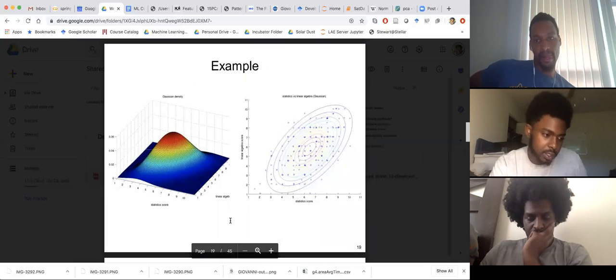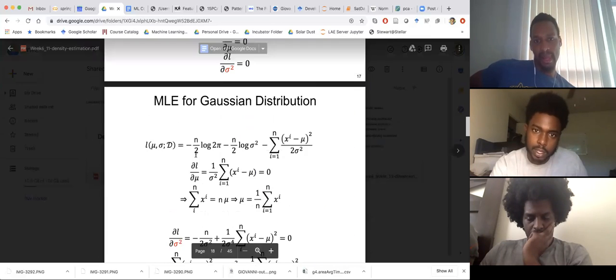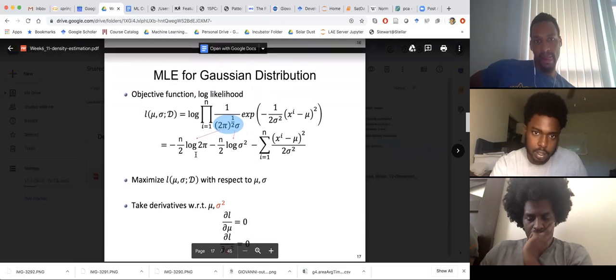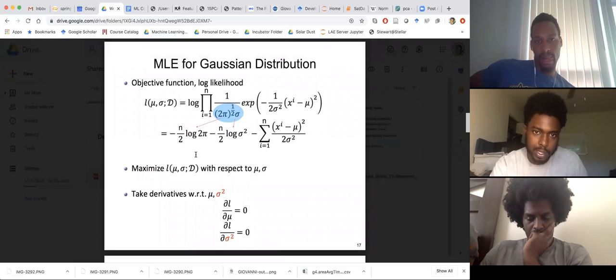And that's just an artifact of the way the Gaussian distribution is defined. An artifact, what do you mean by that? Like, it's designed such that when you're finding the parameters for the model,